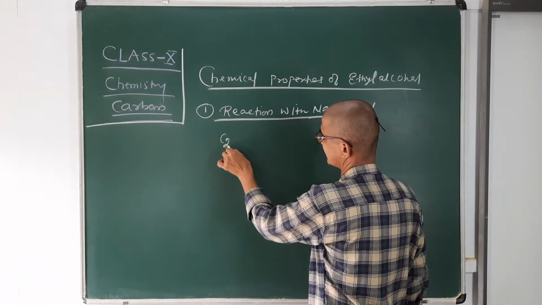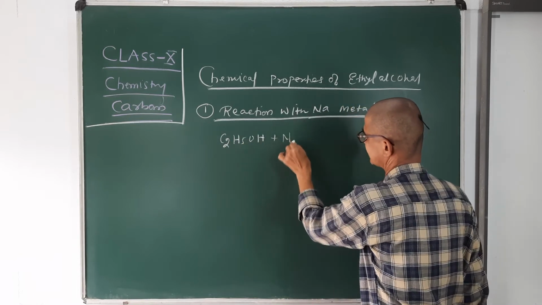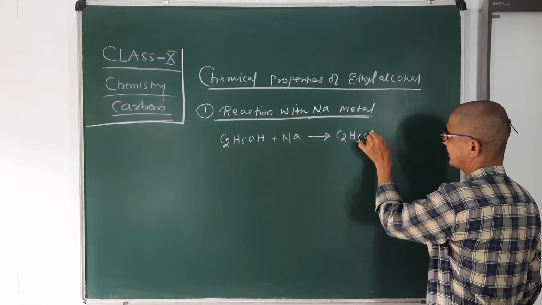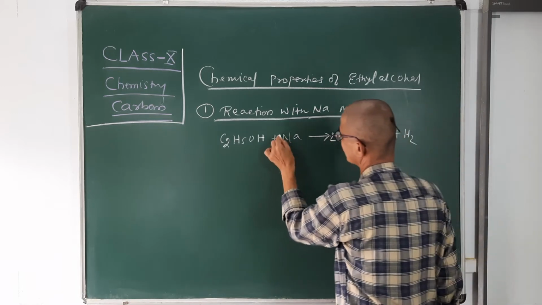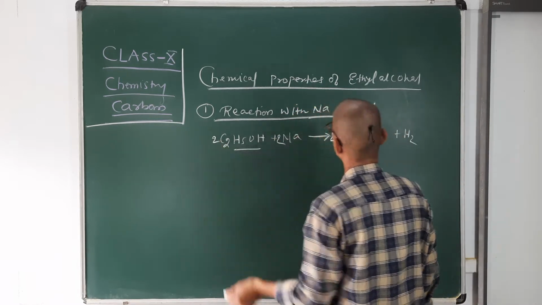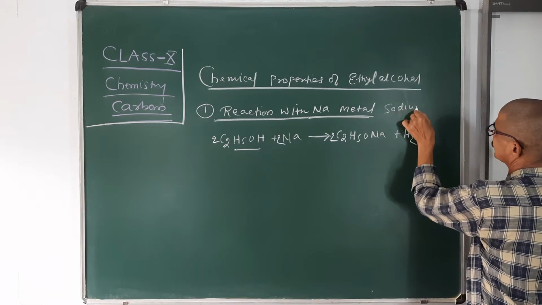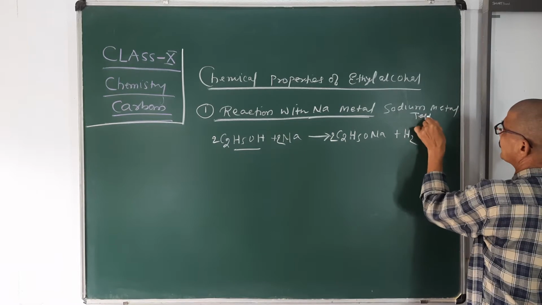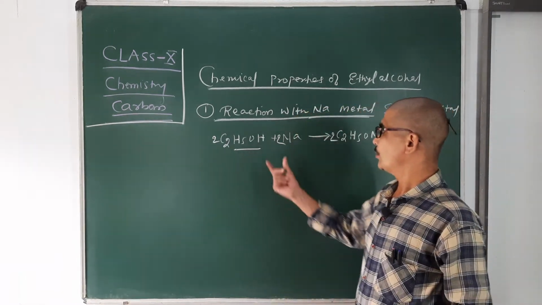When ethyl alcohol reacts with sodium metal, sodium ethoxide is formed, along with hydrogen gas. This is called the sodium metal test. It means that with the help of this test, we are able to say that OH is present in